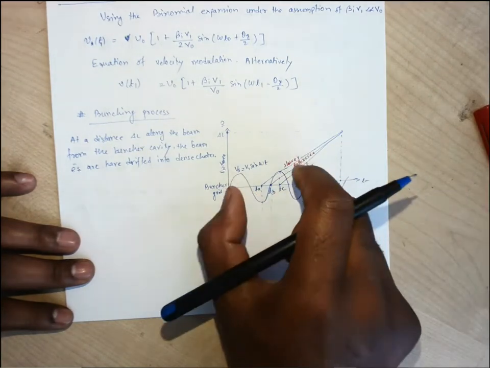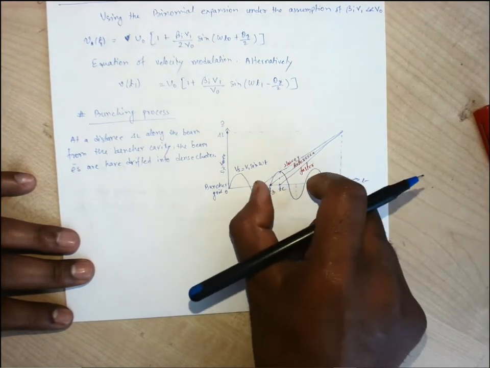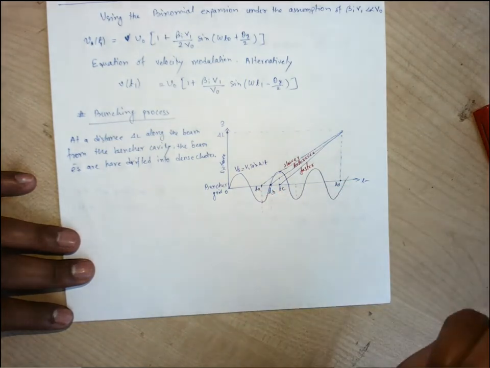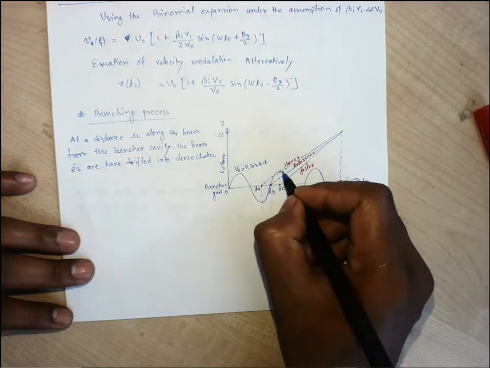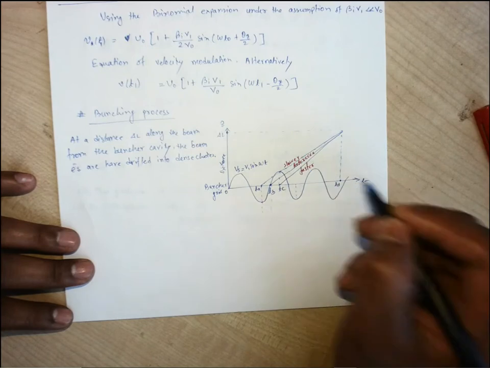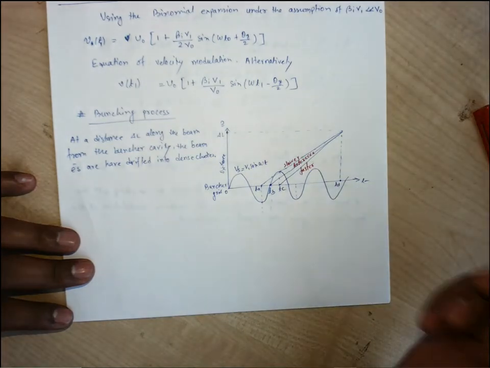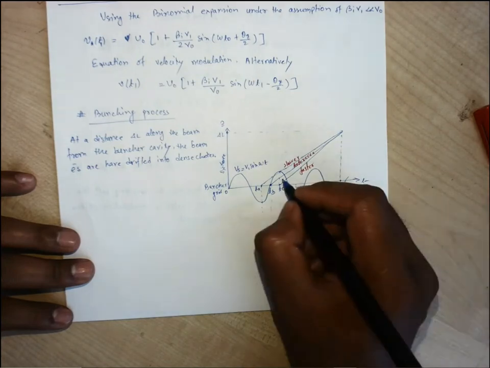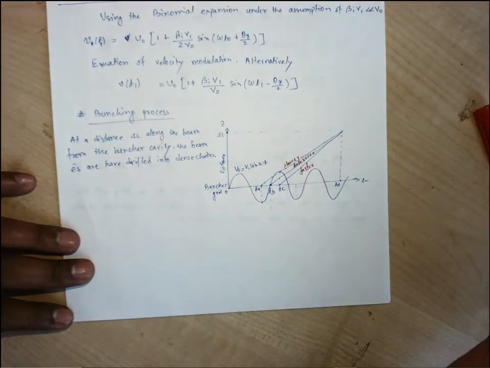So this diagram shows the trajectory of minimum, zero and maximum accelerated electrons. This is the minimum acceleration, this is the zero acceleration, this is the maximum accelerated electron. So minimum accelerated means this is decelerated. This is the reference, this is the faster. So this is the trajectory of the electrons, how they have been moving.